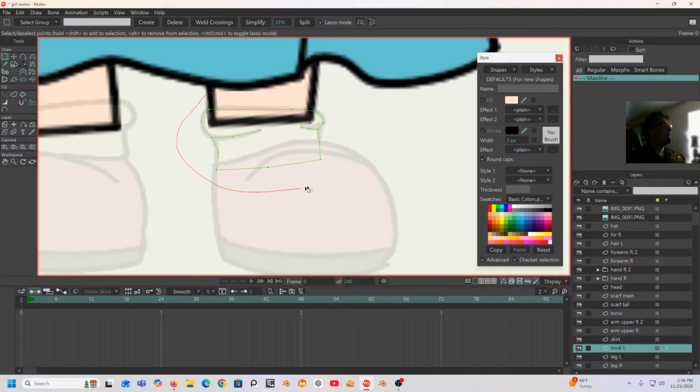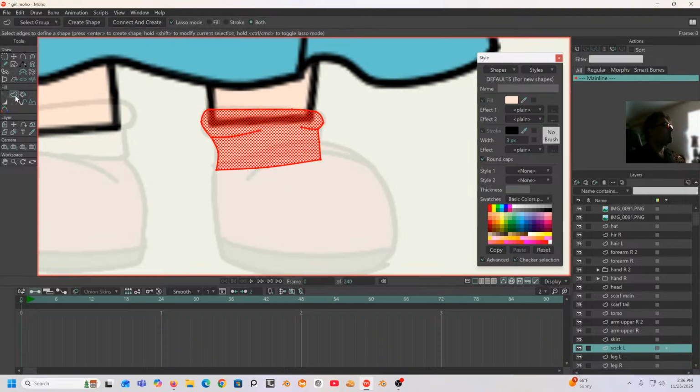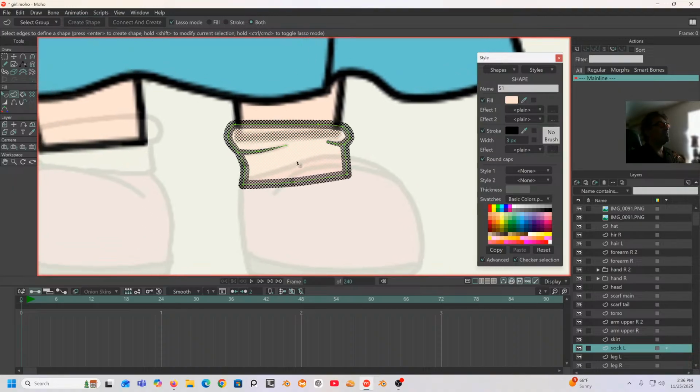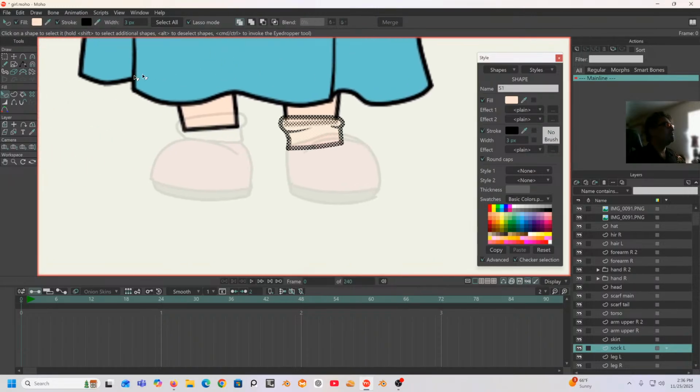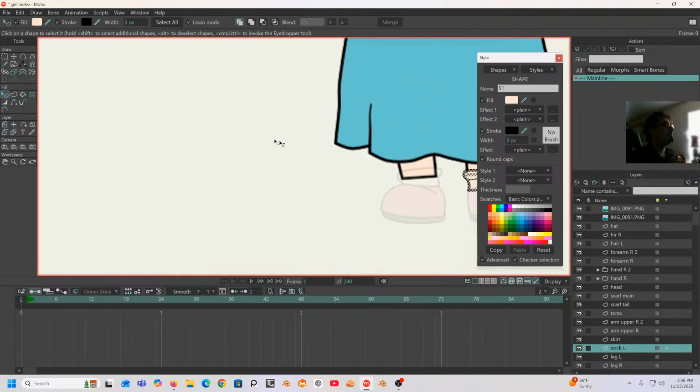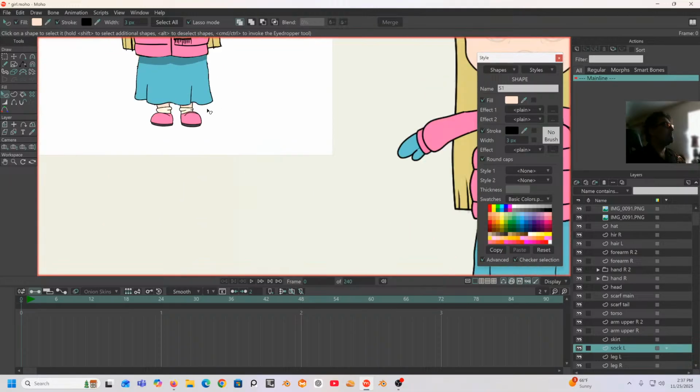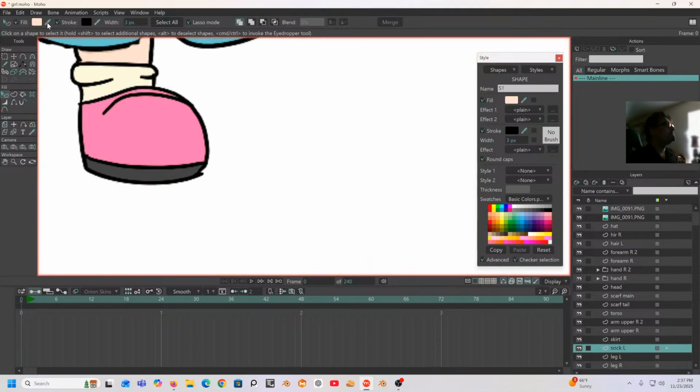But we want to select all of those, go into our create shape, make sure both is selected, and we hit create shape. And now it's got an inner and an outer, and we just need to go back to our select shape, and on the fill, this is where we'll choose the sock color. So while that's selected, we're going to come over to the image, sample the color from that,